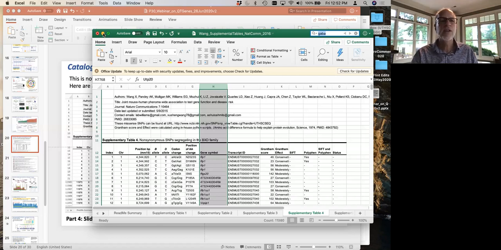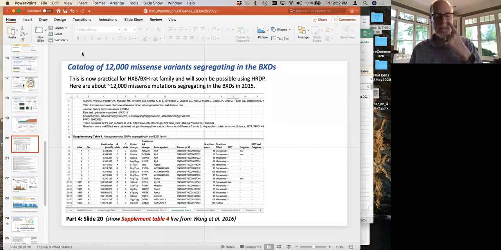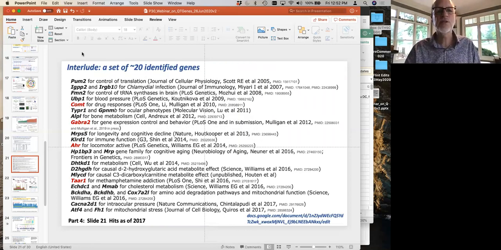And I would say, to the best of my knowledge, nobody's made a business out of doing this. Abe is getting pretty close and is really doing a good job getting all the sequence variants out of mouse populations. We're trying to do the same for the BXDs, and Howe is doing the same for rats. So we should be able to do this very systematically, provided we have a phenome, which is the kicker here,